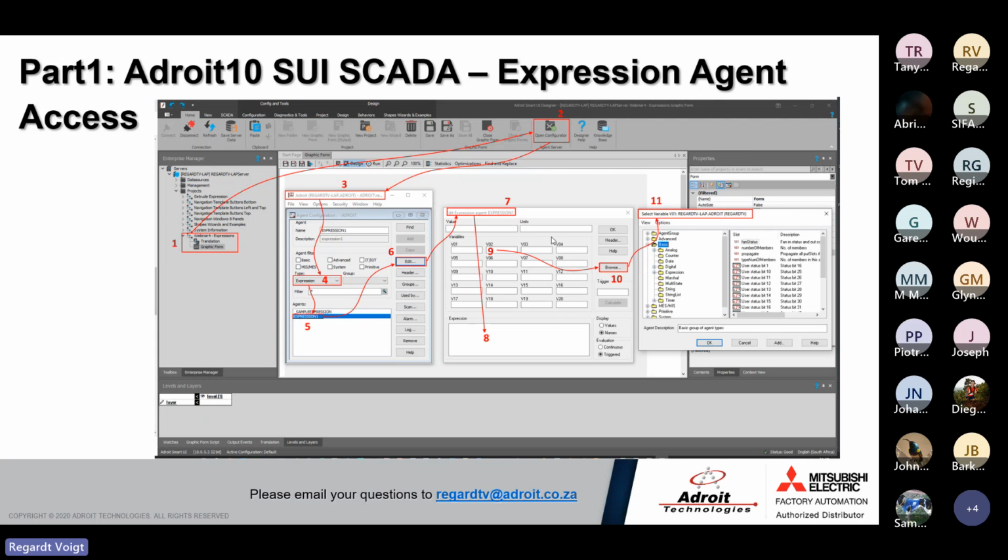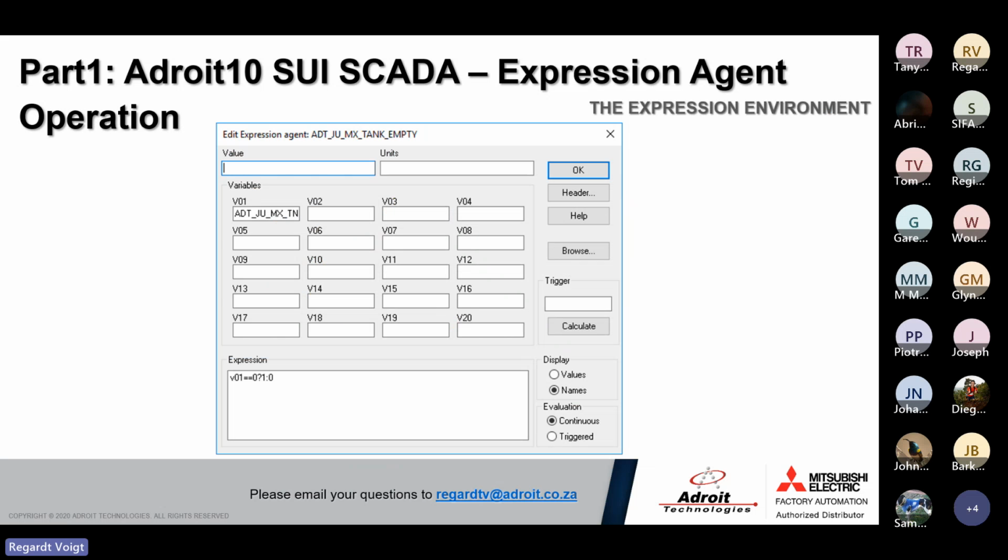your outputs. As mentioned, you need to browse in a slot, an agent slot, in each one of these variables which you need, and you also need to add the constants where you need them. So that will be added by the user. This is typically where you'll access the expression agent. Okay, so if you have a closer look at the expression agent, how it works,